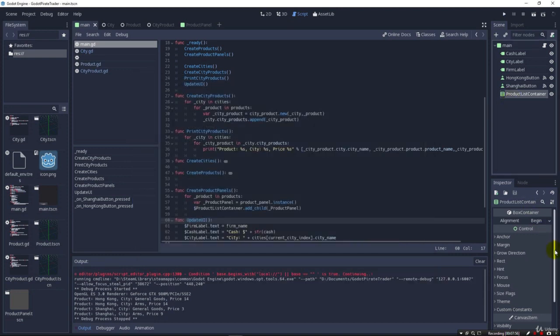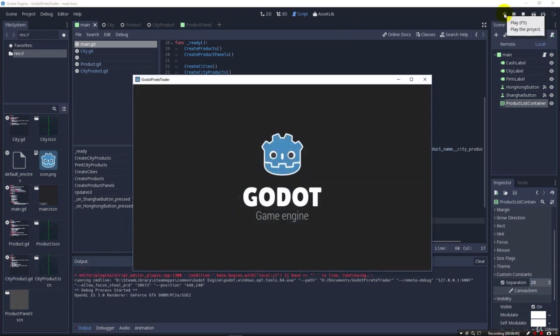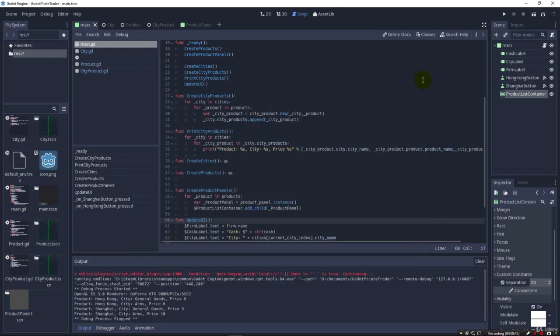So instead we want to click here, and under the custom constraints, seems like I'm having to add a lot more than when I tested it. But it is working, and that's the most important thing. That if we had 10 products, it would just list them right here. Now, what's not working, however, is that we need to